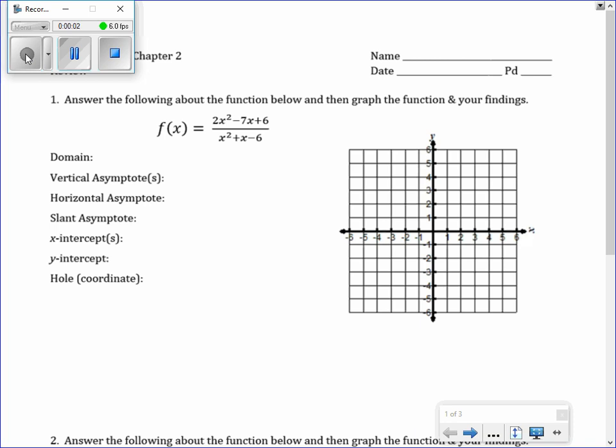All right, I'm going to go over this review sheet here, and I'm going to try and go quickly, so feel free to pause to catch up or rewatch something if I go too fast. All right, so for these graphing problems here,